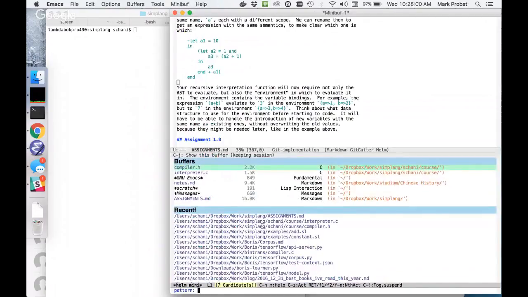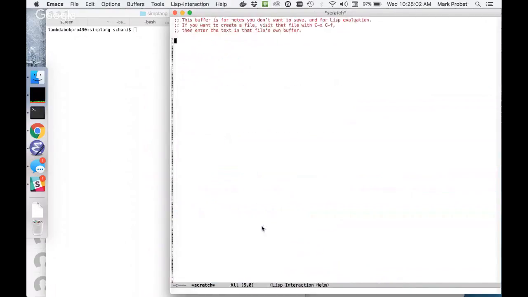But what you said was, if we look at it in terms of data structure, one thing we could do is just have one dictionary that maps from name to value. And then if you enter another let that says, for example, let A equals A plus 1 in something something,